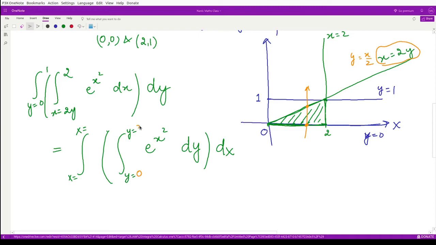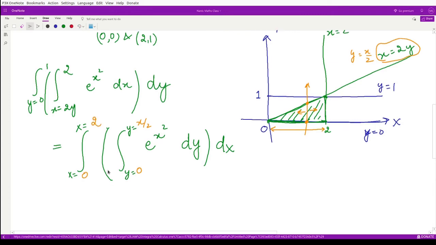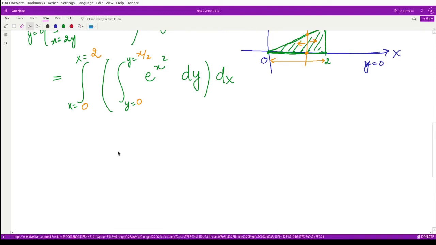So we have x by 2 here, and covering this whole area, we are to shift this arrow in this and this direction so as to cover this whole of this area. So that means our x would move from here to here. The minimum value of x is 0 and the maximum value of x is 2 here. So this is your integral which you obtained after converting the order of integration.